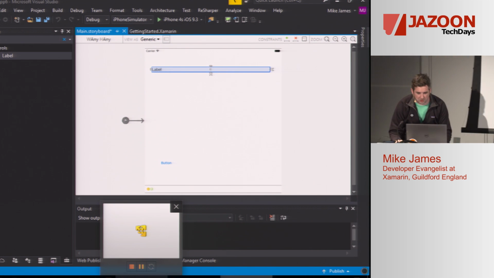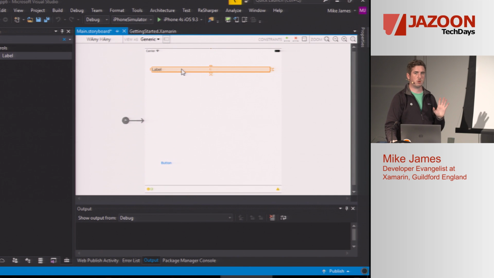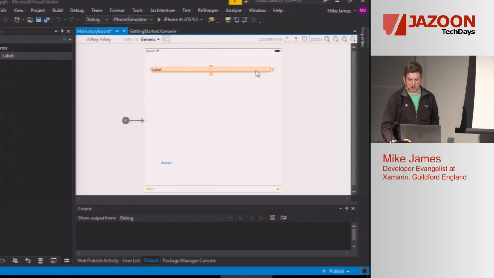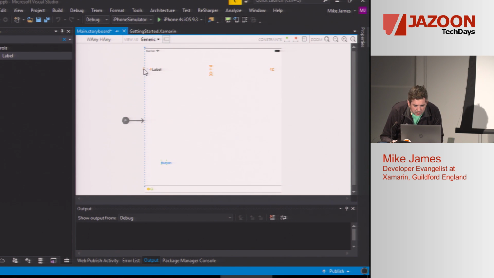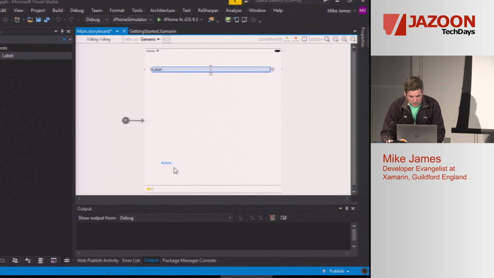So you'll see when I start to add auto layouts to this control, using these little handlebars. As soon as I drop this, it's gone orange to say, whoa, there's something wrong with this auto layout. It's only got one of those 4 properties. Now a label's a little different because it can infer its height from the text size. So I don't actually have to worry about its height in this example, but if I wanted to, I could go ahead and set its height there. Now it's still showing me an invalid auto layout. So I think I've missed off. There we go. So I'd missed it off. Now it's valid, it's gone blue again. Now I want the button to be stuck at the bottom.